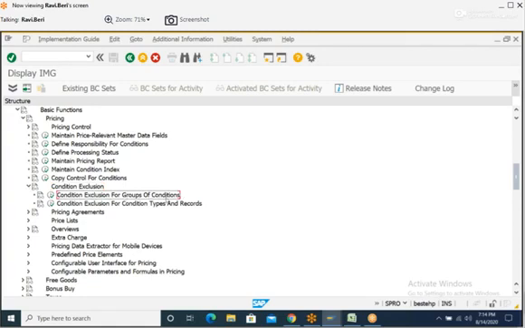Condition exclusion for group of conditions.